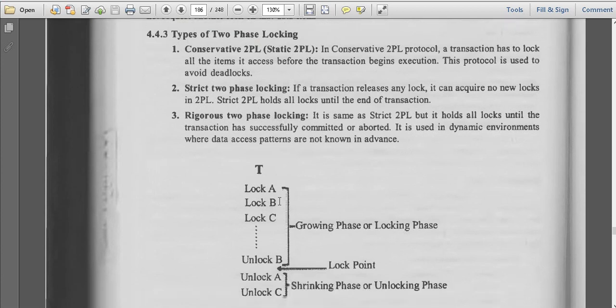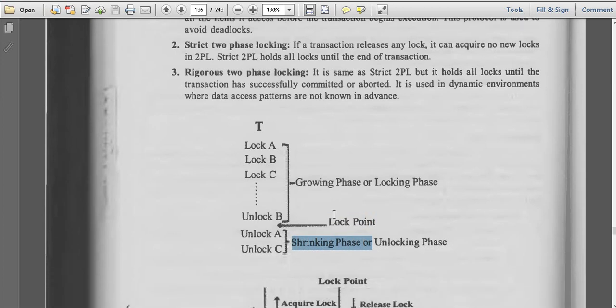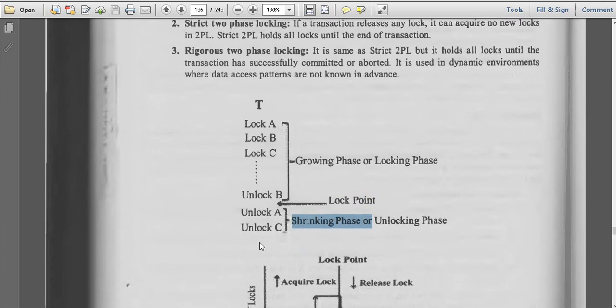Here first I have taken locks A, B, C. Initially we keep taking locks. That phase is called growing phase or locking phase. Once you start releasing the resources, that is called the lock point, and from that lock point your shrinking phase will start. Once you started unlocking, in between you can't take any lock.